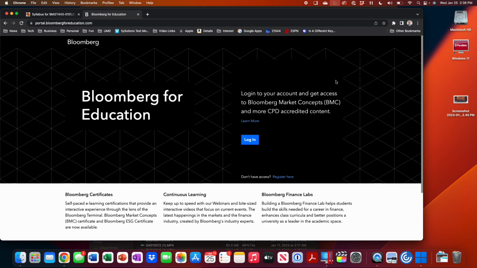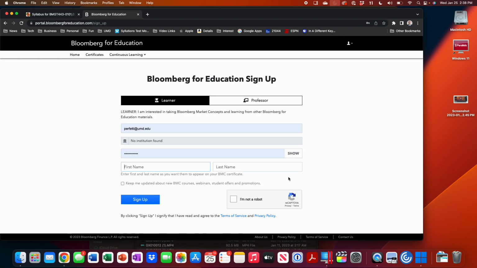To sign up for this portal and get an account doesn't cost anything. Anybody can do it. You don't have to be in this class or anything else. Where it says register here, that's where you sign up. Once you have an account, you log in. When you click on register here, you're going to register as a learner, and your account is going to be an email address.